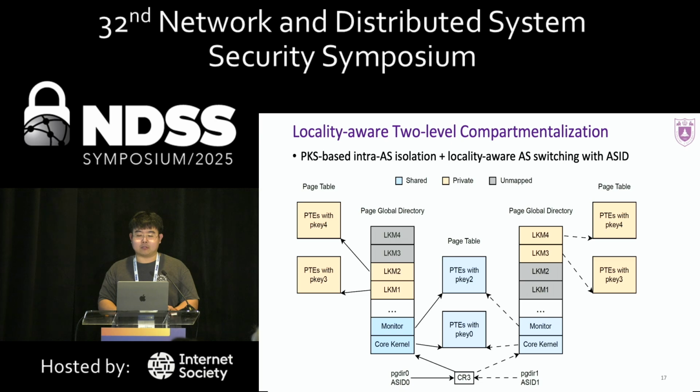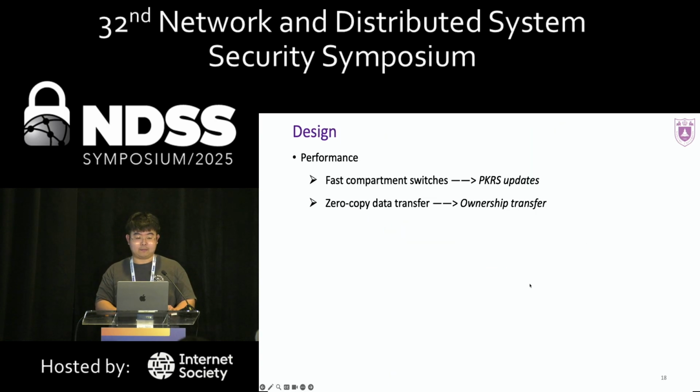We divide the page tables into shared and private parts, and group modules into multiple address spaces according to the locality of module interactions, as specified by the module dependence. With different memory mappings, each address space has its own 16 P keys, thus supporting 16 new compartments. For example, in the figure, LKM1 and LKM2 are isolated within the same address space through different P keys, while LKM1 and unrelated LKM3 are isolated in different address spaces and reuse the same key.